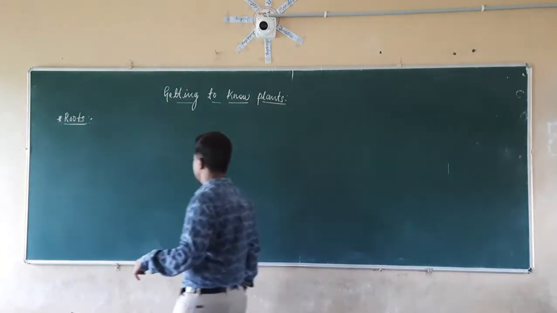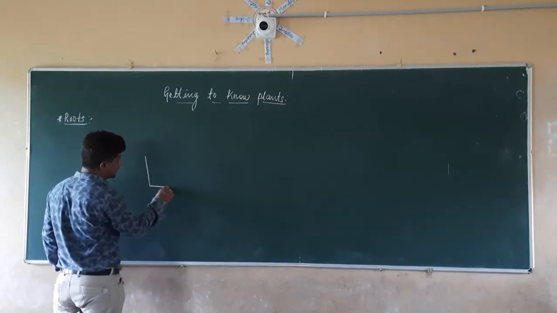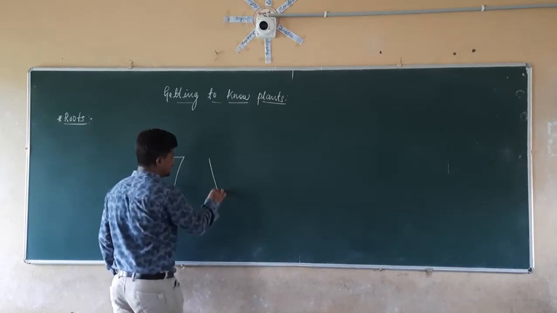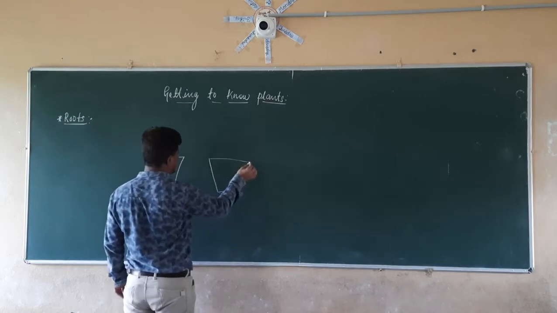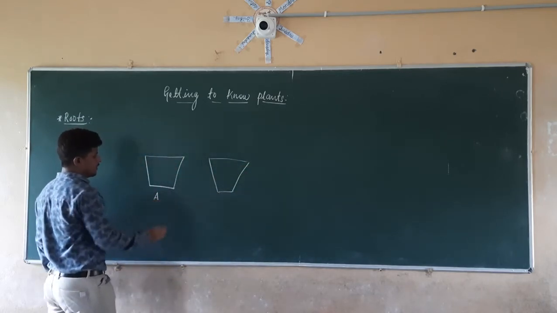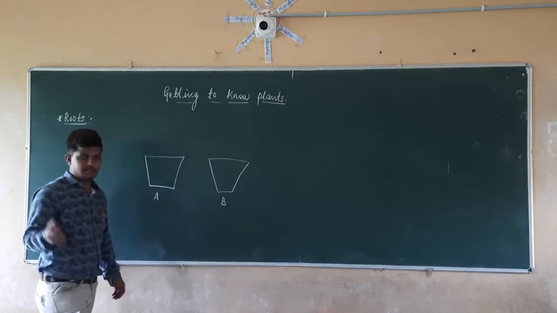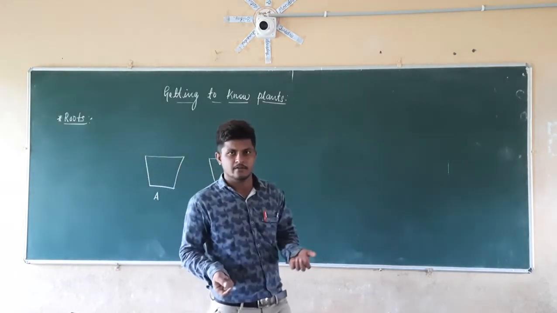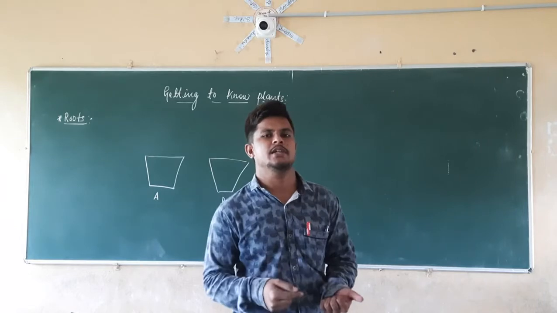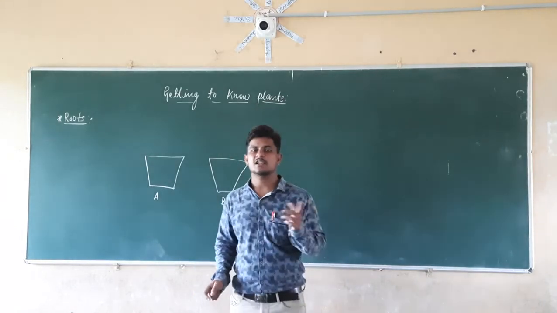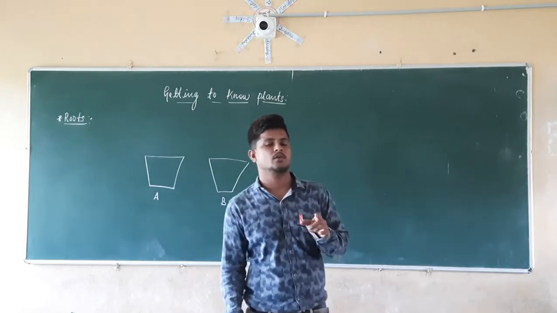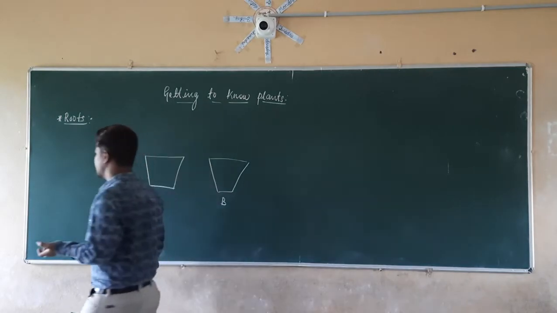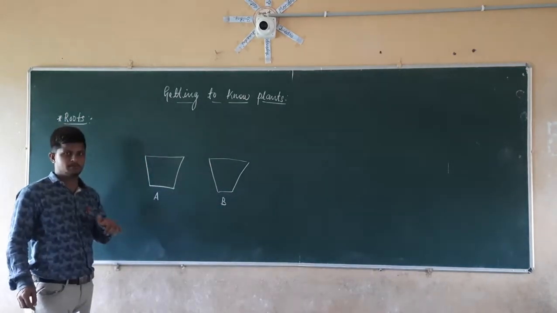We are going to take those plants and two pots or two containers, and name those pots one as A and another as B. So we are taking two pots and two plants with their roots from the soil. Next, we are going to cut the root of one of the plants. The other plant has the same root, and it will be the healthy one.